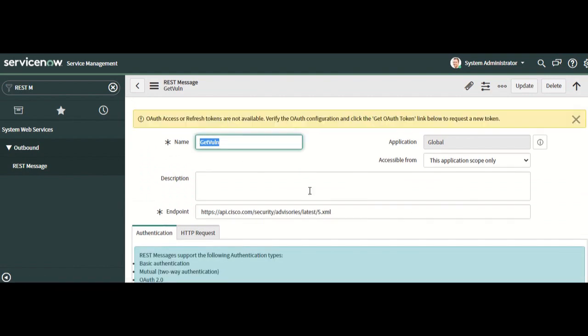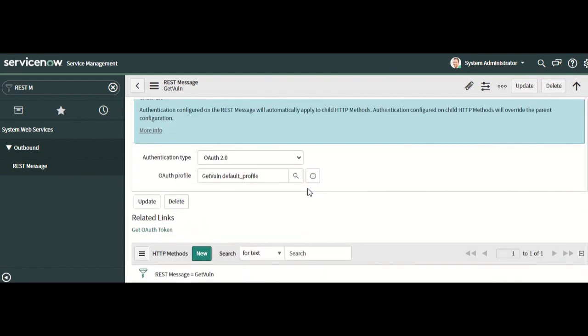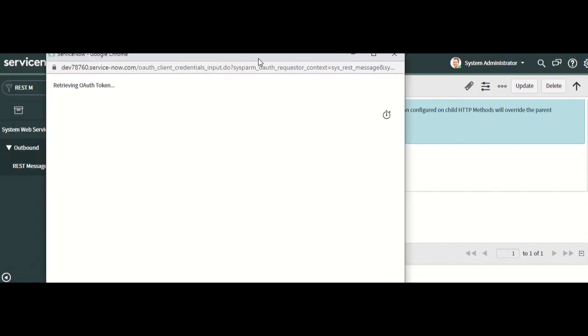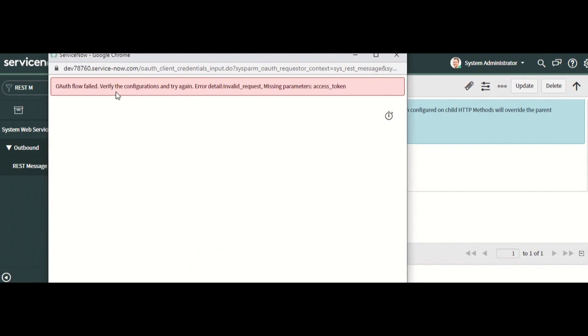Now let's see if this token is working fine. I have something called Get OAuth Token here. I'll just click on that. It says verify the configuration and try again, something like invalid request, missing parameter, access token. Let's see what it is missing.